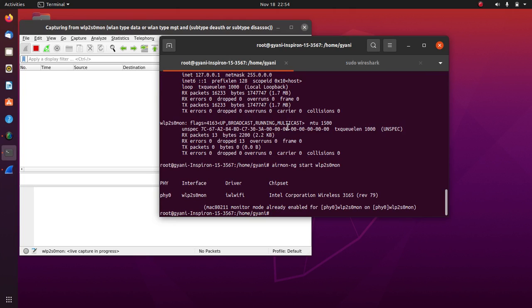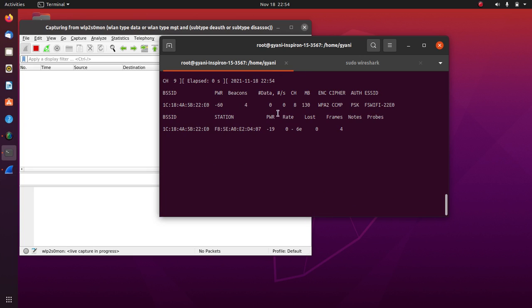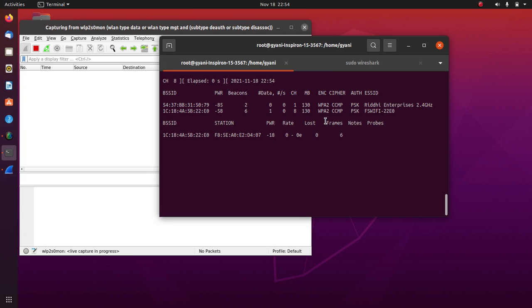So we'll go to our terminal and launch our aireplay attack on the Wi-Fi router. First we get our Wi-Fi router name with an airodump scan. We can use the command airodump-ng with the network interface card name WLP2S0mon. So you can see all the Wi-Fi routers which are available. We'll be using this FS Wi-Fi 22, which is my router, serial number 88, and this is the BSSID. So you can quit this command, and now we'll start our replay attack using the aireplay command.